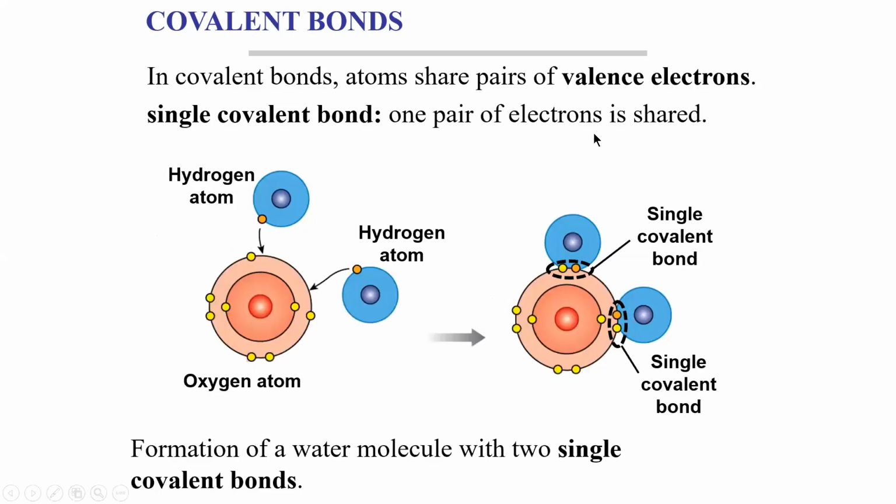I'm going to go in reverse order of the textbook because I want to talk about covalent bonds first. In a covalent bond, atoms are sharing pairs of electrons. They're not sharing 1 electron, they're sharing 2 electrons. And with a single covalent bond, 1 pair of electrons is shared. As an example of how covalent bonds are formed, I want to form a molecule of